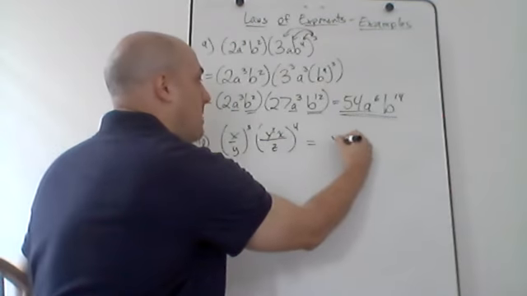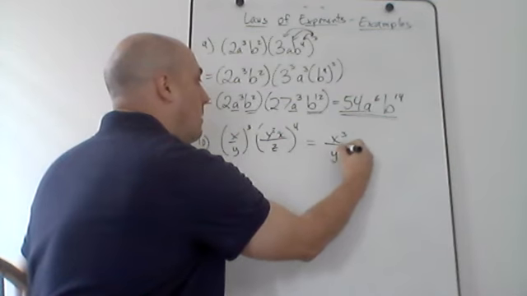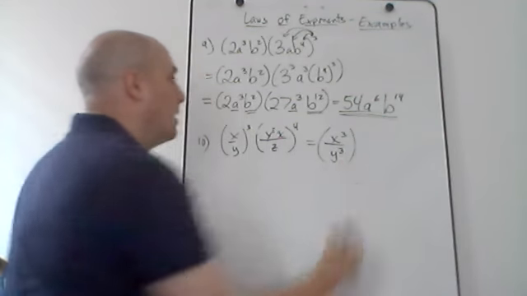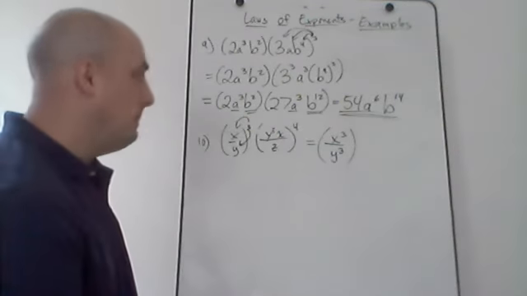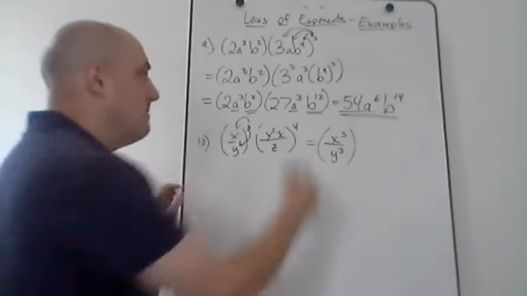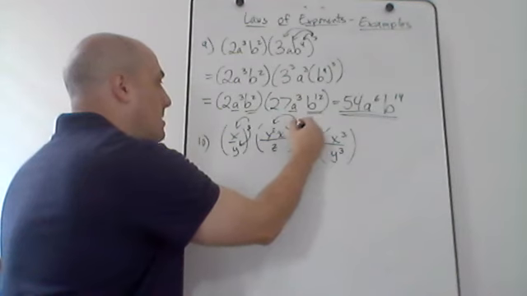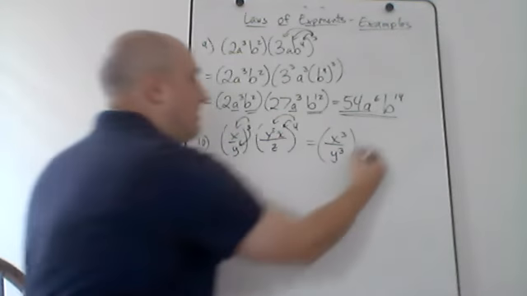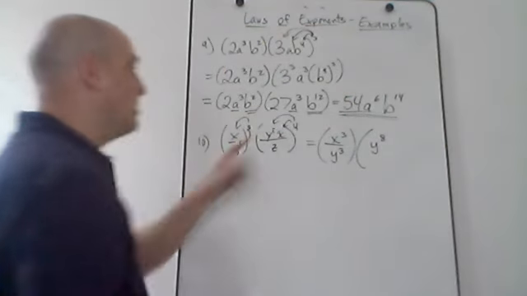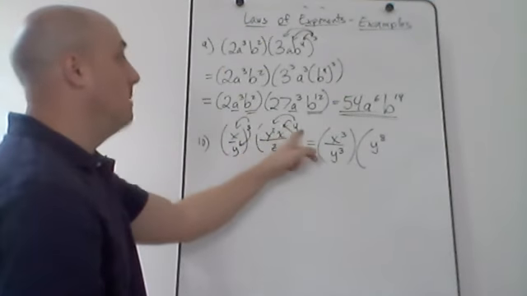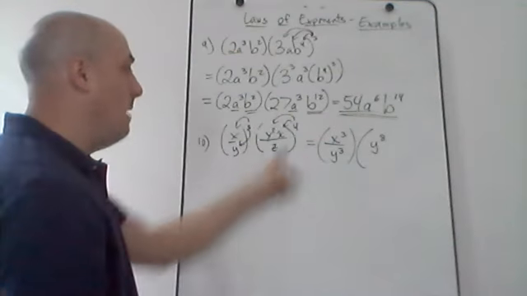That's just going to become x to the 3rd power over y to the 3rd power. All right, just distribute that 3 to both of those things inside there, and that's what I get. All right, same idea for this next parentheses. Y squared to the 4th power. Well, when I have a power to a power, remember I multiply, so y squared raised to the 4th power, I multiply the 2 times 4 and I get y to the 8th power, and then I'm going to have